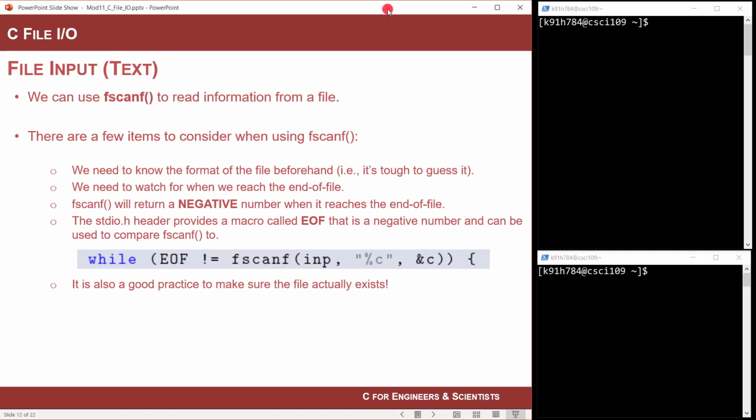Okay, so we looked at how the standard I/O header file has fprintf and fscanf, and fscanf is good. There's a few items to consider. This is when you read from a file. Whenever you read from any file, you have to know the format of the file beforehand. It's really tough to write scripts that try to determine what a file format is. So almost all the time when you're messing around with your own files or files that are pre-made, you know